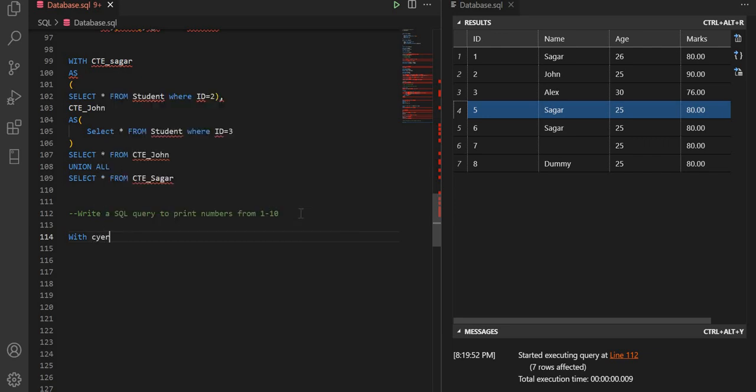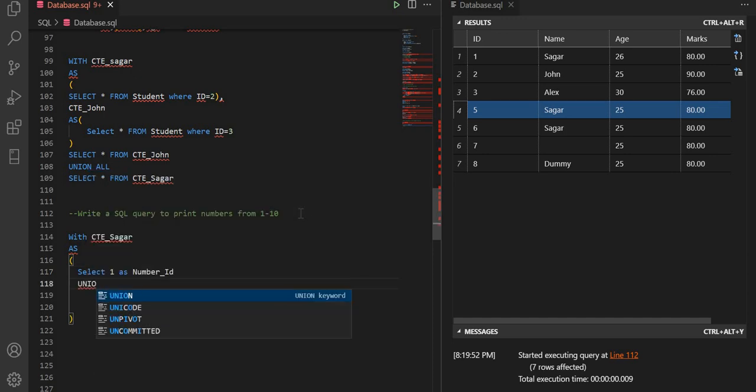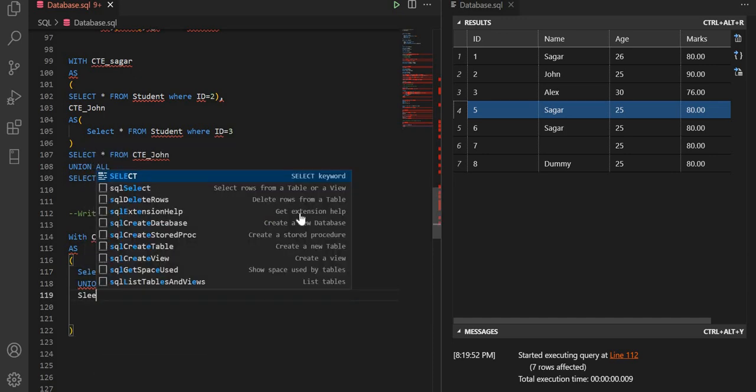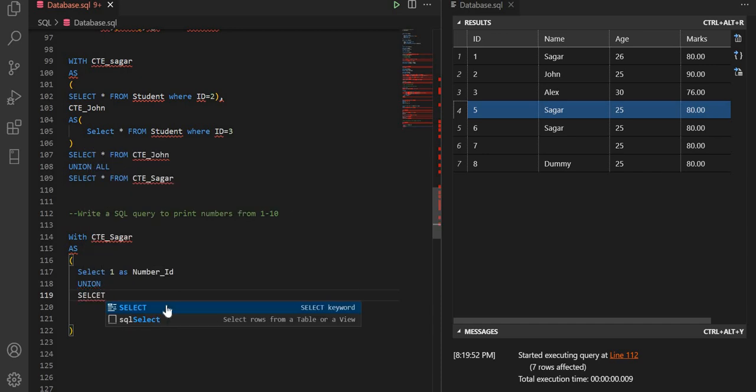I will create one CTE with the name, and here I will write my condition. Let's say select 1 as number ID, and this I will do union, and I will write here select